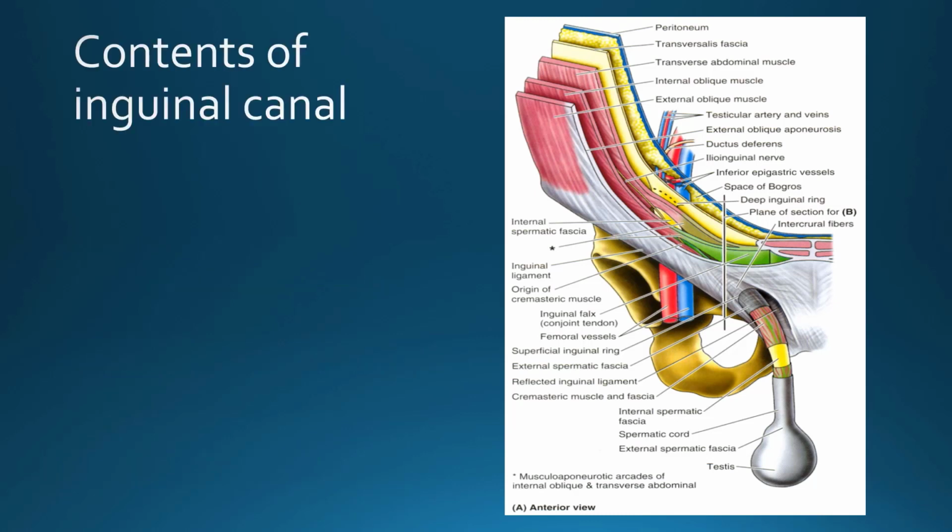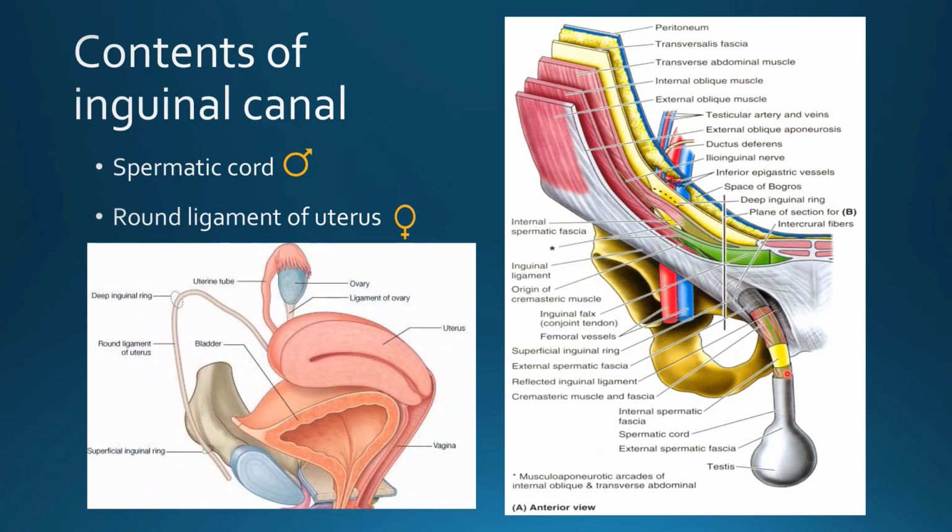Let us look at the contents of inguinal canal. Inguinal canal has spermatic cord in case of males. In females, it has round ligament of uterus, which is seen in this picture. Spermatic cord is formed by contents of it. We'll see what are the contents little later. And when those contents are leaving the canal, they will be ensheathed by the fascias of the anterior abdominal wall muscles, which they pierce to create this canal. So all those fascias are covering. So this is how spermatic cord has covering with its content.